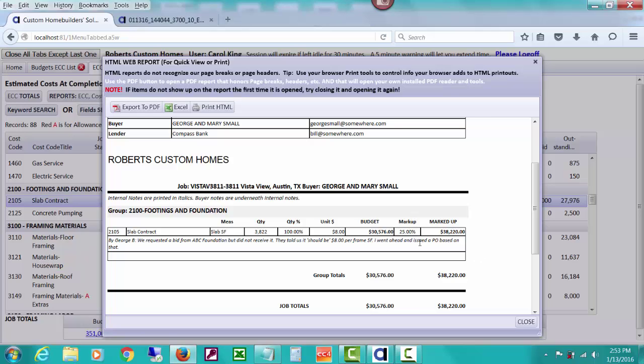We can also see that this is a cost plus job, and we put a markup percent on what this times this ended up equaling for the budget. This is the number we're looking at when we're looking at our own estimated costs at completion,